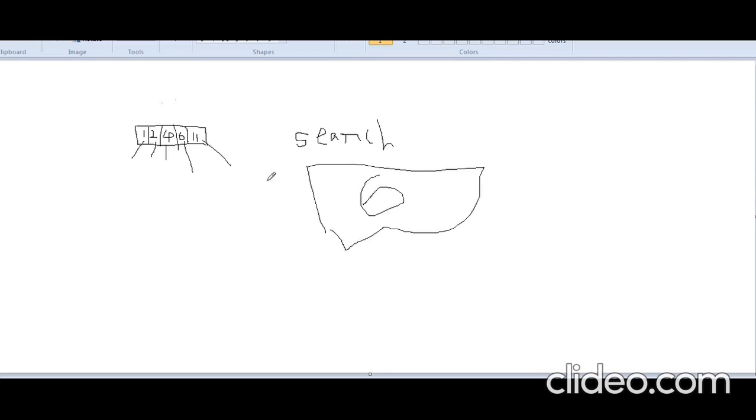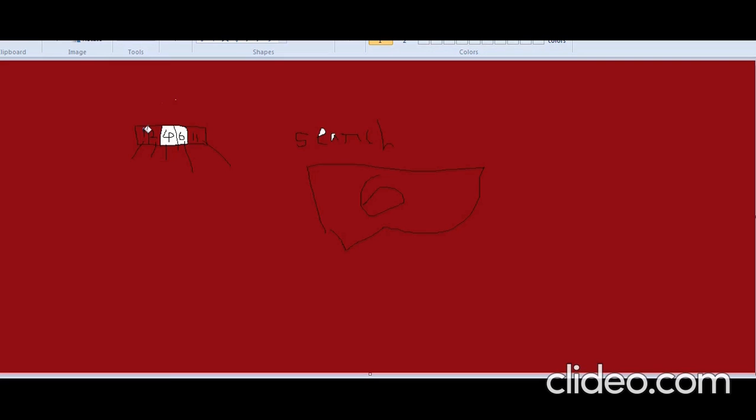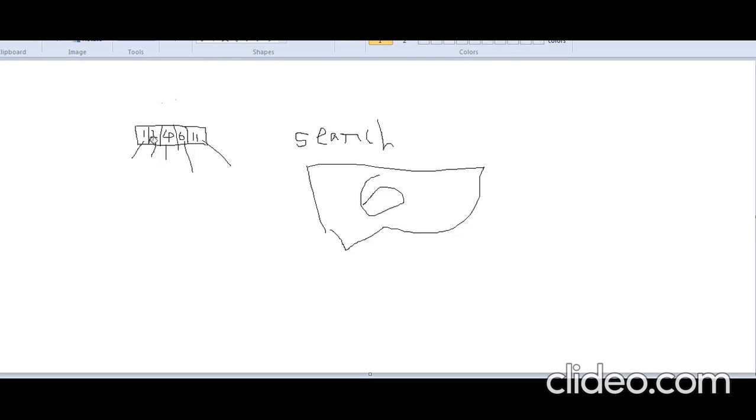Now what happens? Here it starts. As it is my array of 0 element, it will check whether it is 6. No. If it is not 6, fine, we will go ahead here.